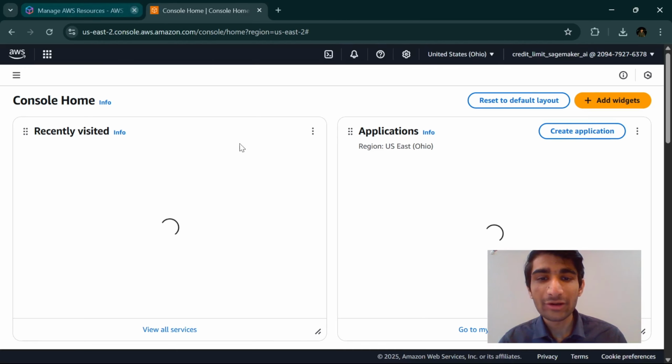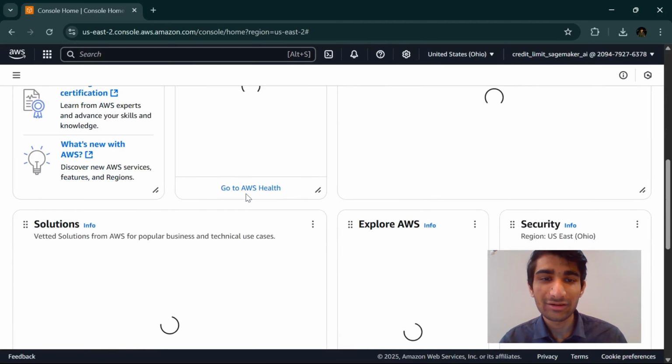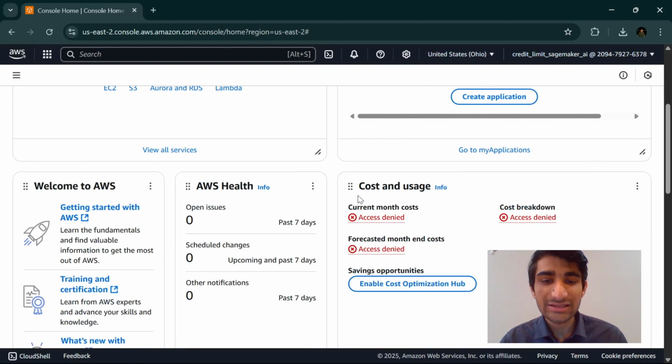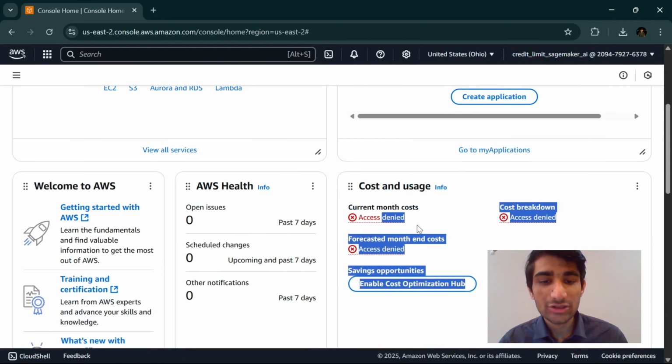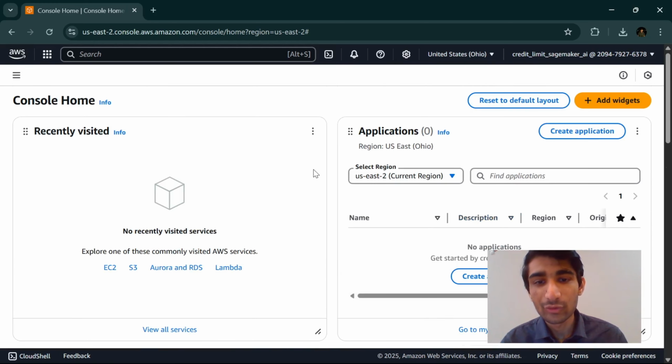And you will probably not see the cost over here. Okay, or you may be able to see the cost. Regardless of that, this is our IAM user, not our root user. And see, we can't see the cost over here. The access is denied. So from that, you can get an idea that root user is something different, whereas IAM user is something different. Now over here, what I'm going to do is quickly show you